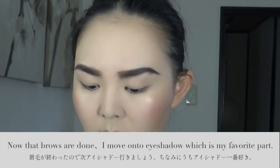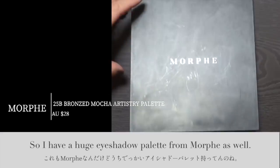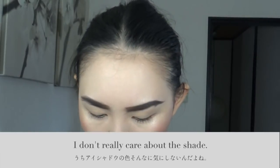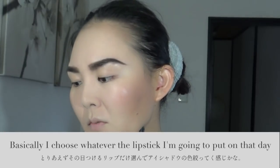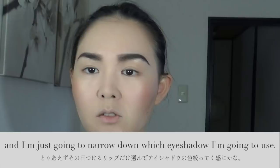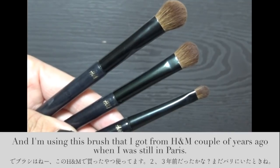Right, now the brows are done, I move on to eyeshadow, which is my favorite part. So I have a huge eyeshadow palette from Morphe as well. It's humongous, it's impossible to carry around. So I don't really care about the shade. Basically I choose whatever lipstick I'm going to put on that day, and then narrow down which eyeshadow I'm going to use. So I'm going to use this color, and I'm using this brush that I got